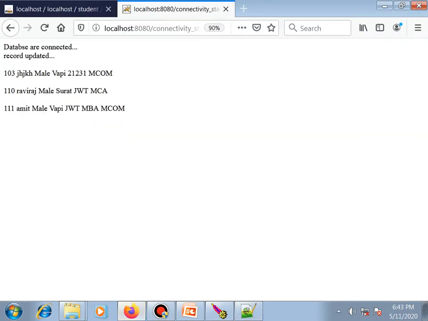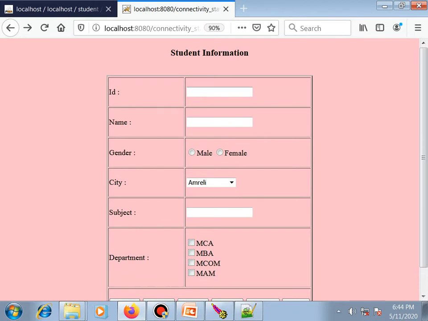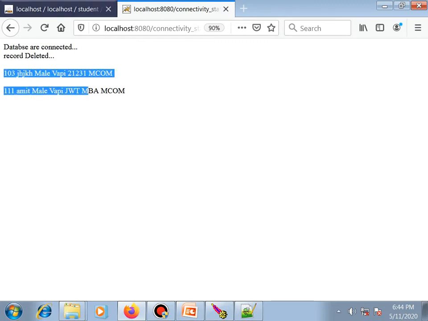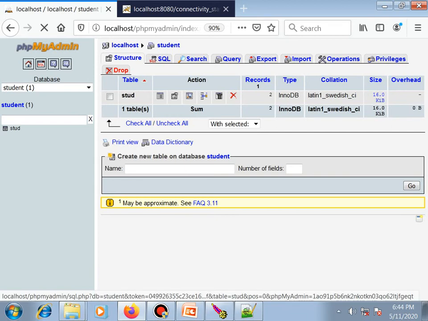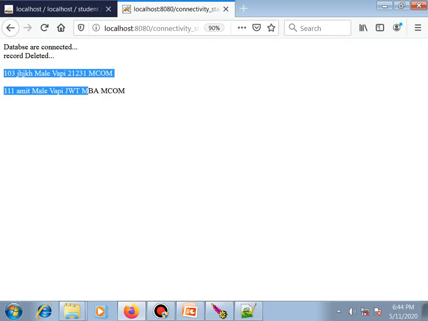So how can we delete our data? We are going to delete 110. We just specify the ID and click on delete. The record will be deleted. Let's check in our database. As you can see, the 110 data is deleted.